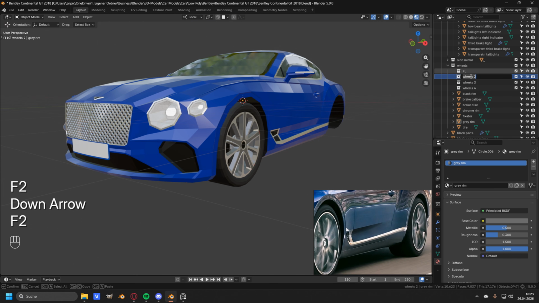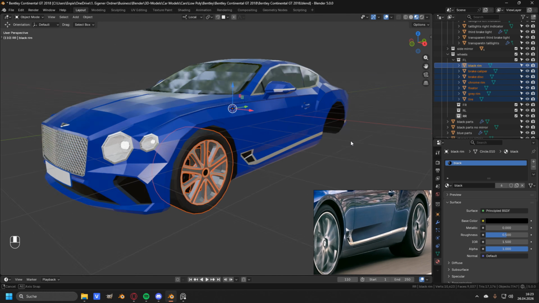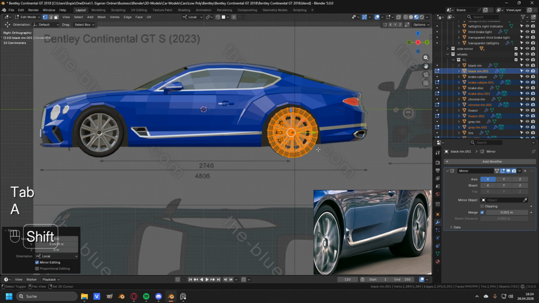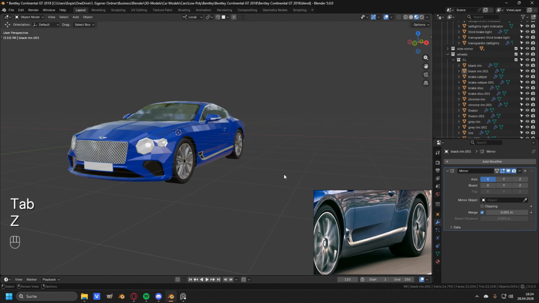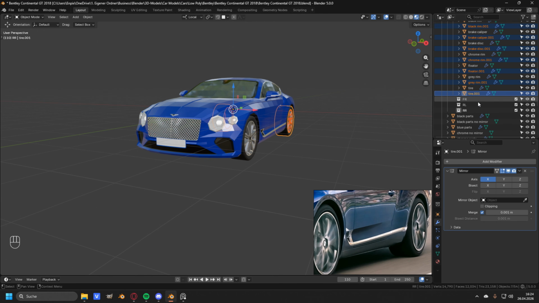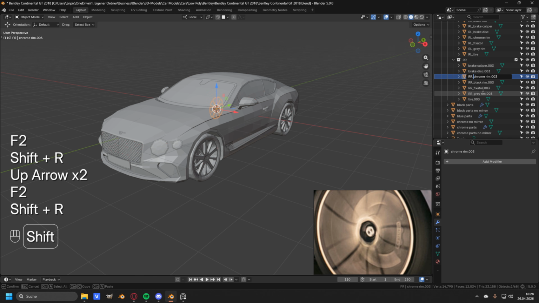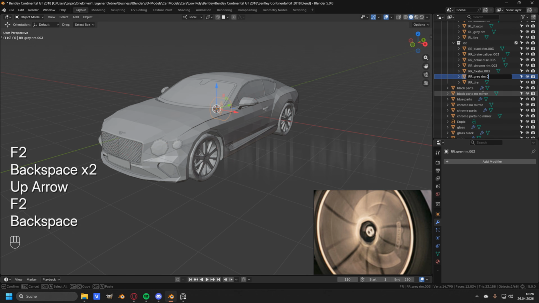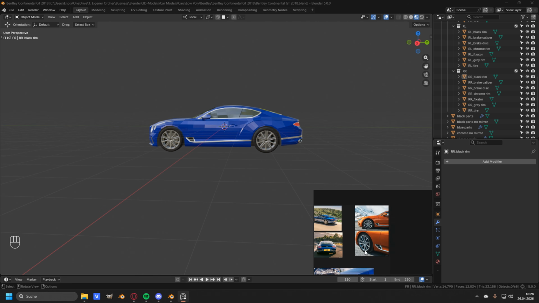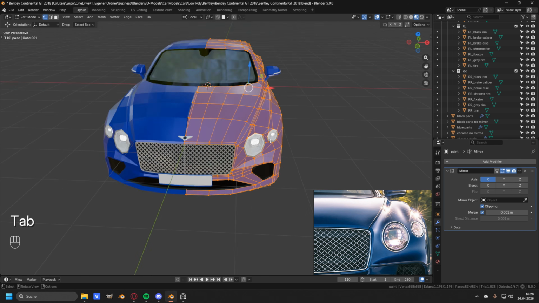And to organize the workspace, I have created 4 new folders for the 4 wheels that I have, so that I will go ahead and duplicate the first wheel to the other 3 places that I need. And after renaming all of the objects, we can move on to the last chapter, chapter 8, the car panel gaps. While modeling, I already made sure that I have some edges where I need to add in the car